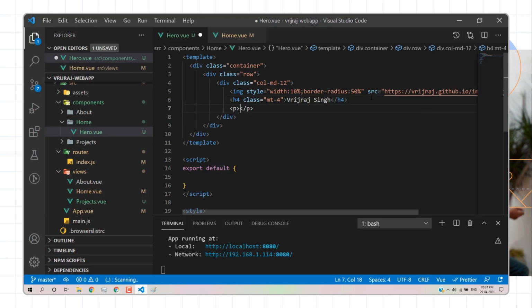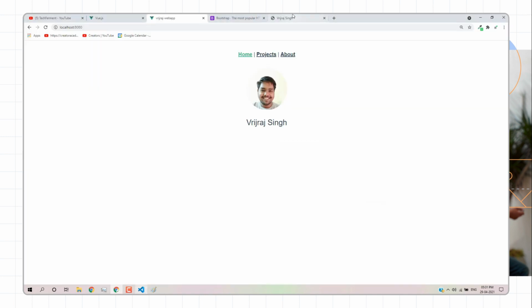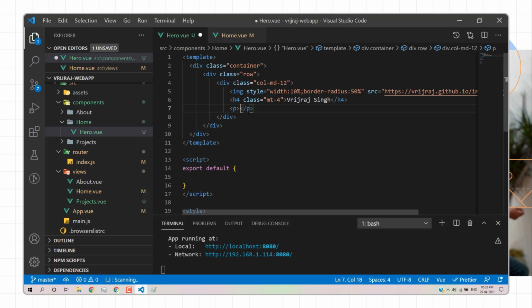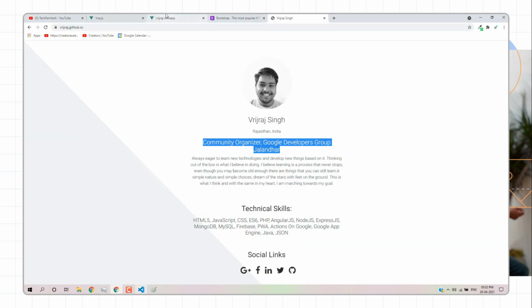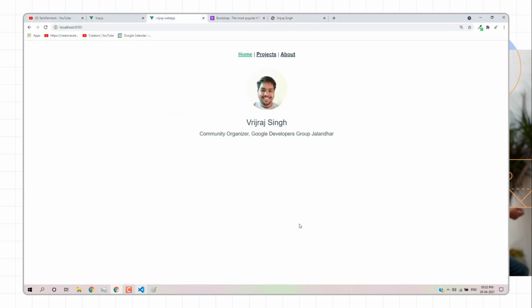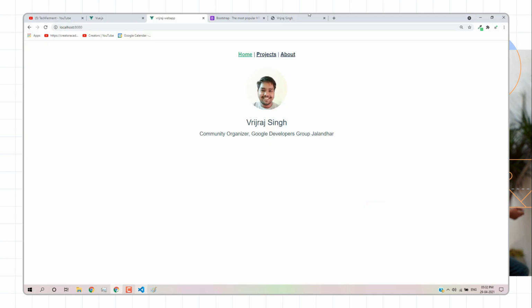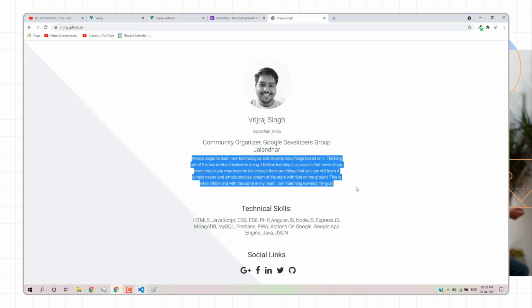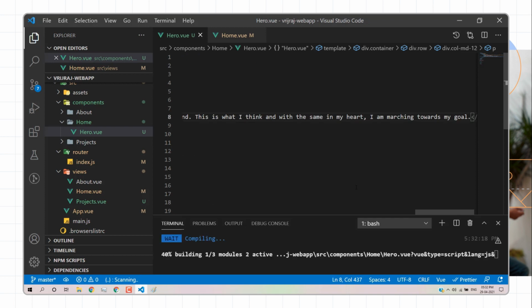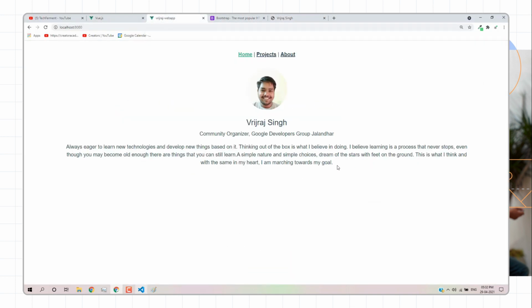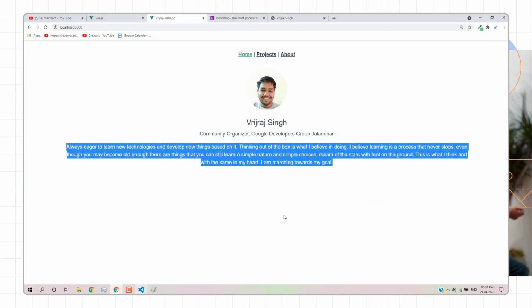Okay, and this is a component. Here we can write the description. So here we can write the title. So we have a title, this one. So I'll just reload, or no need to reload this particular part, so it's visible. And also in the p tag here, we can write this one part. So I'll just copy the bio, save and then reload. It's working.